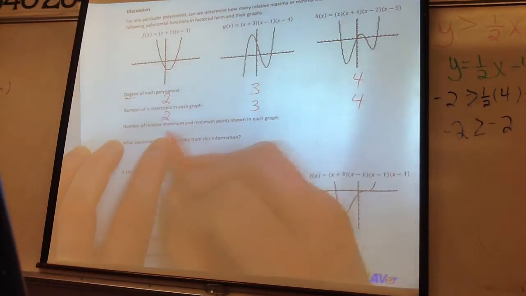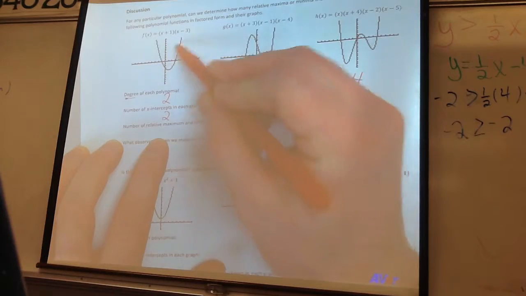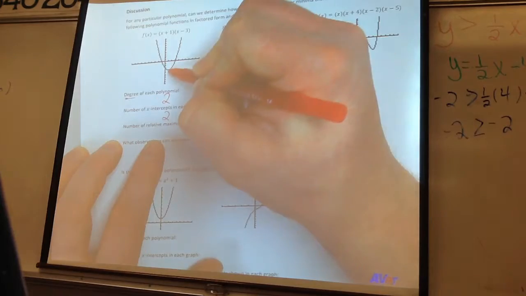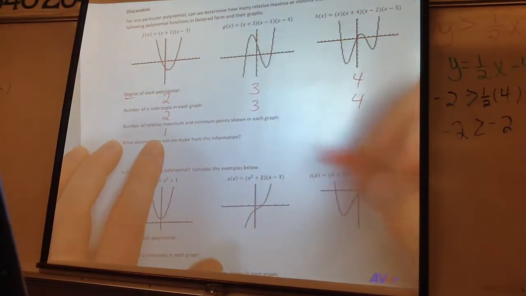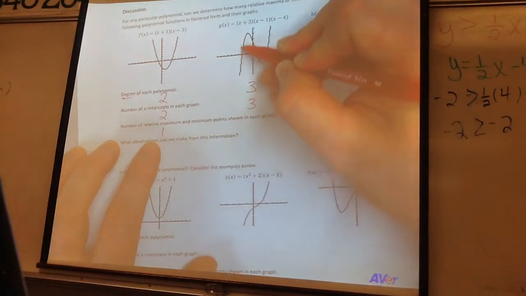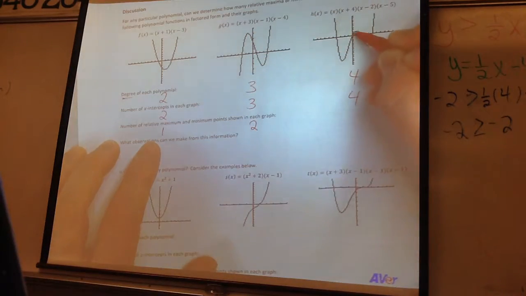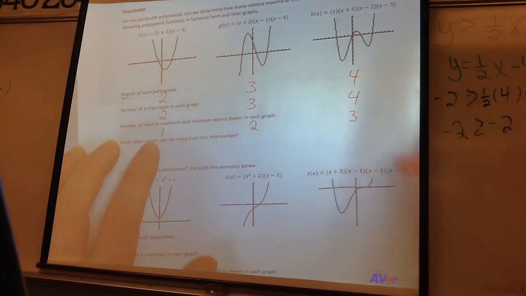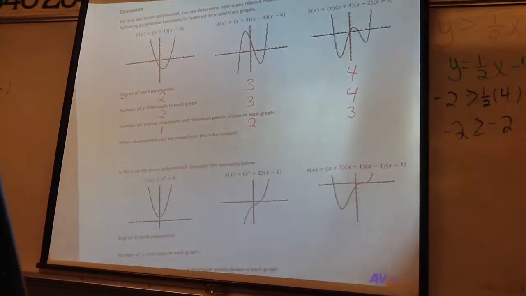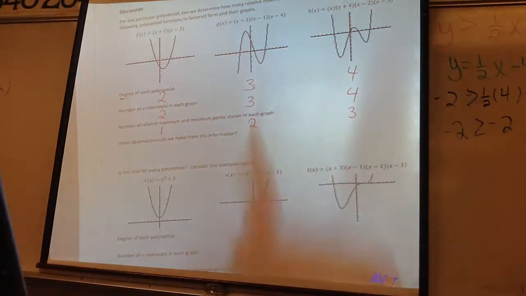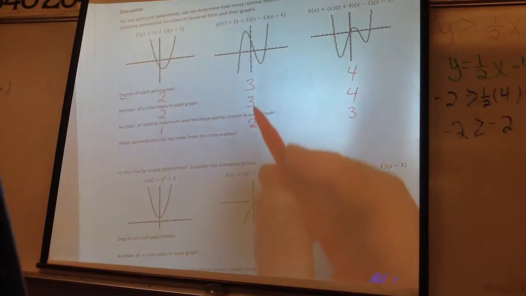So how many relative maximum or minimum points does this have? One. It comes down, it's about right there. There's one valley, right? How many does that one have? Two. There's the high point here and there's a low point here. Three. A low point, a high point, and then another low point. What observations can we make from this information? Same numbers, one less. Yep, same numbers, one less. X-intercept is going to be the same. If it's an x squared, it might be 2 x-intercepts. I'm saying might,